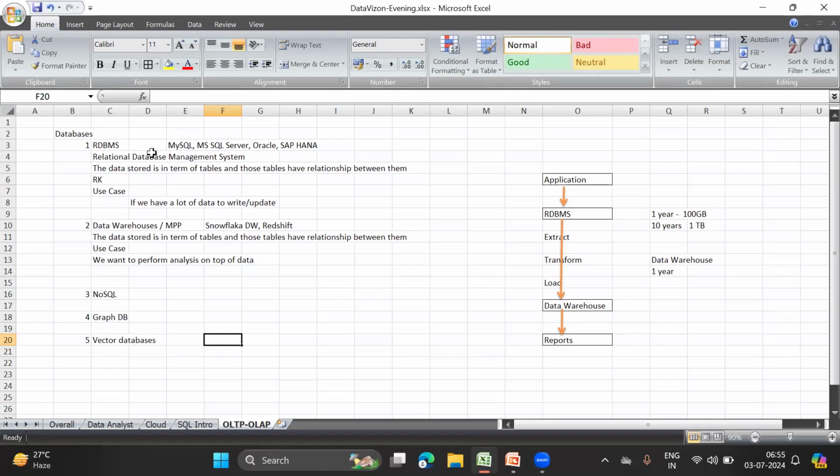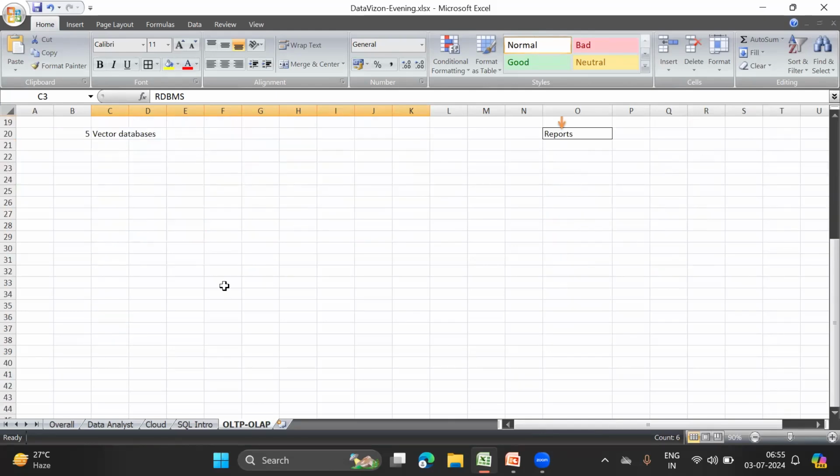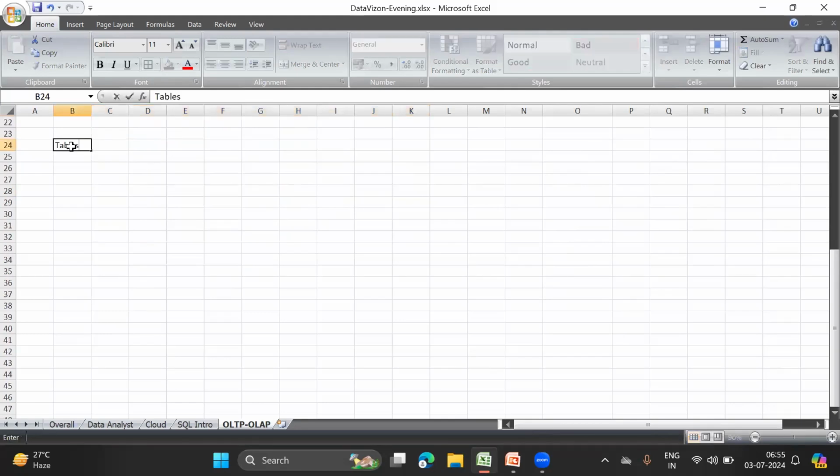Now, I want to discuss more about the RDBMSs. For understanding the RDBMSs, first of all, we need to understand the terms which we do not know so far. We have not discussed what a table is, and we have not discussed the relationships between tables. So, let us talk about tables. What is a table? Can someone tell me? Why do we actually need a table?